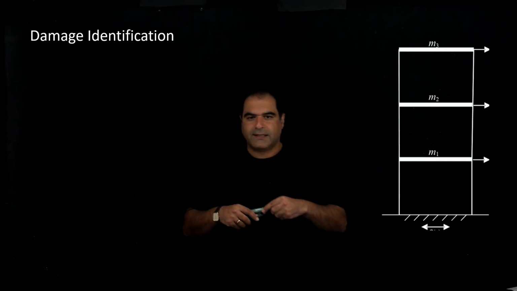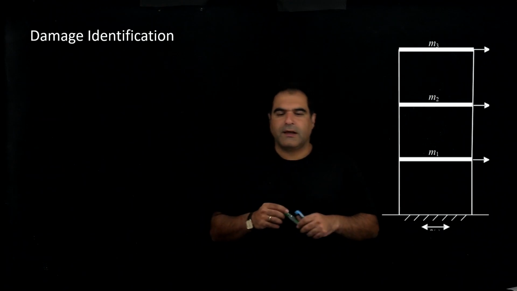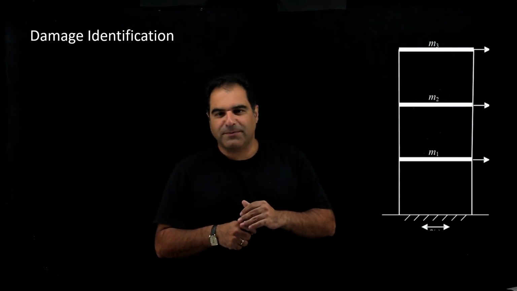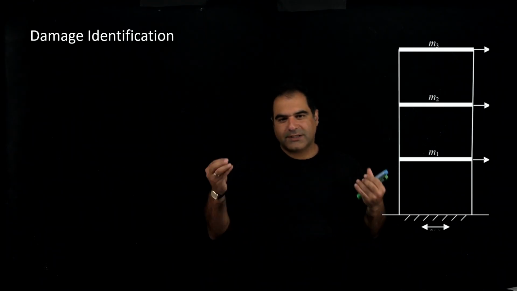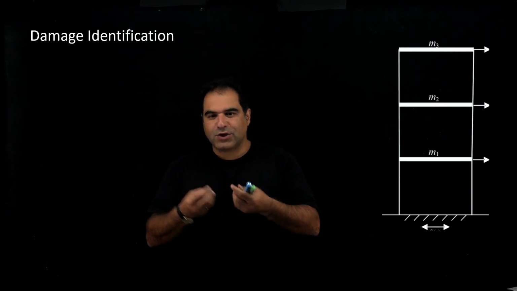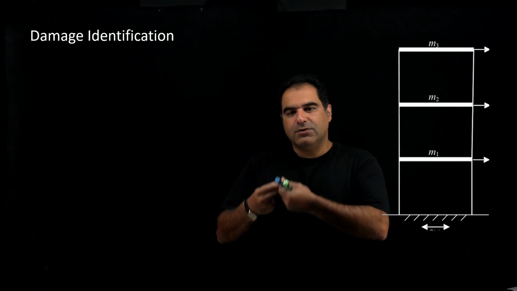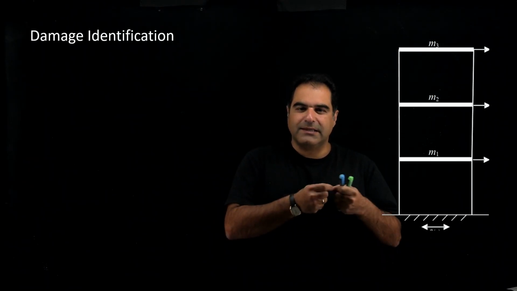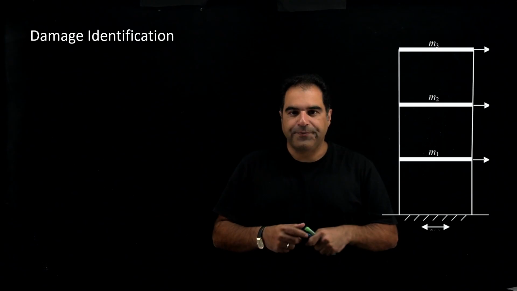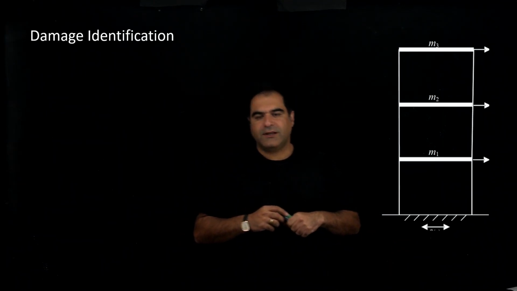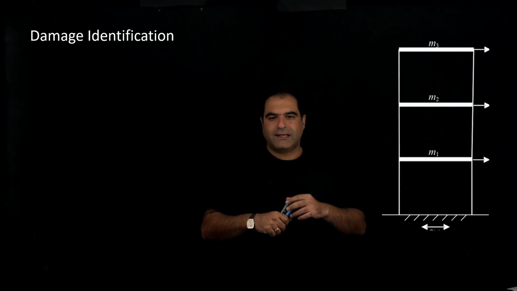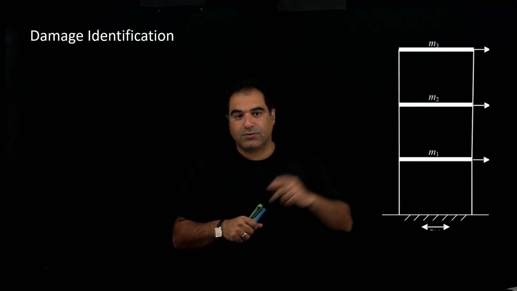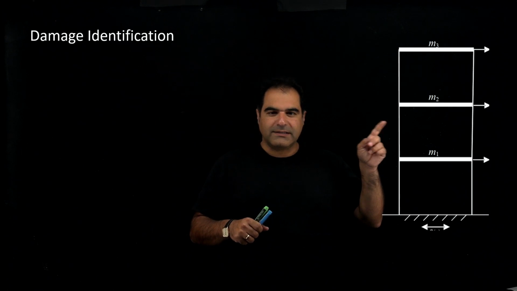Hello and welcome back. In the previous video, we talked about this three-story building, and I showed you how to write the transition function, measurement function, and use the unscented Kalman filter to estimate the hidden states and identify the parameters. In this presentation, I'm going to go one step forward and ask you, what if there is a damage in